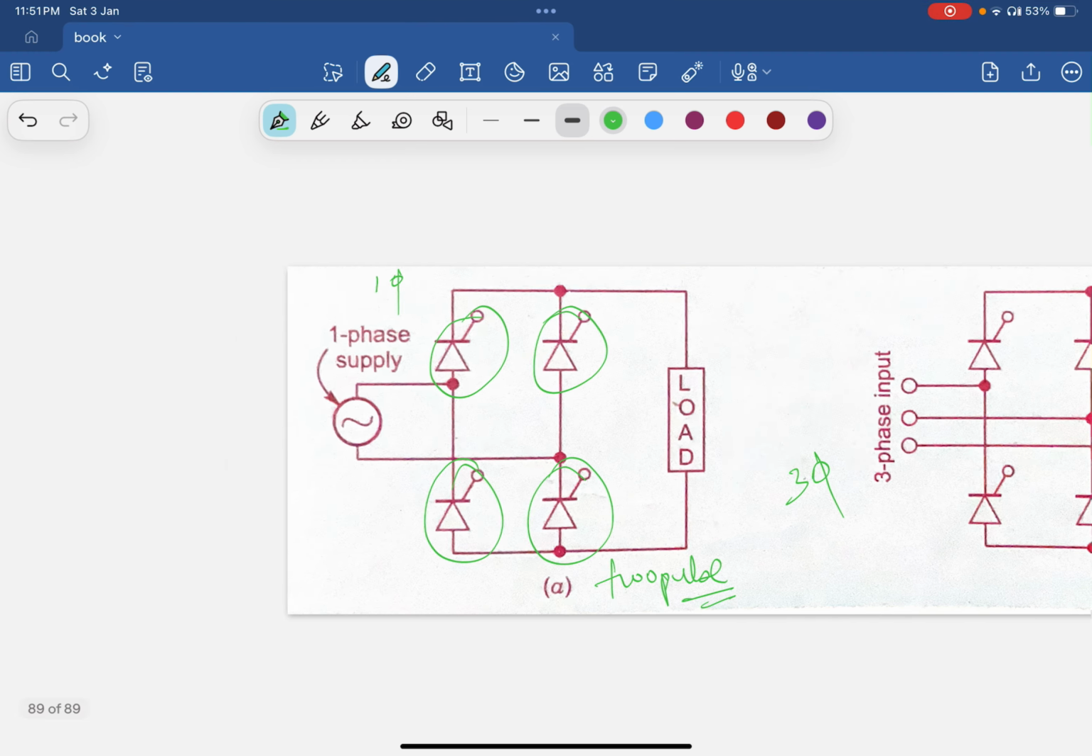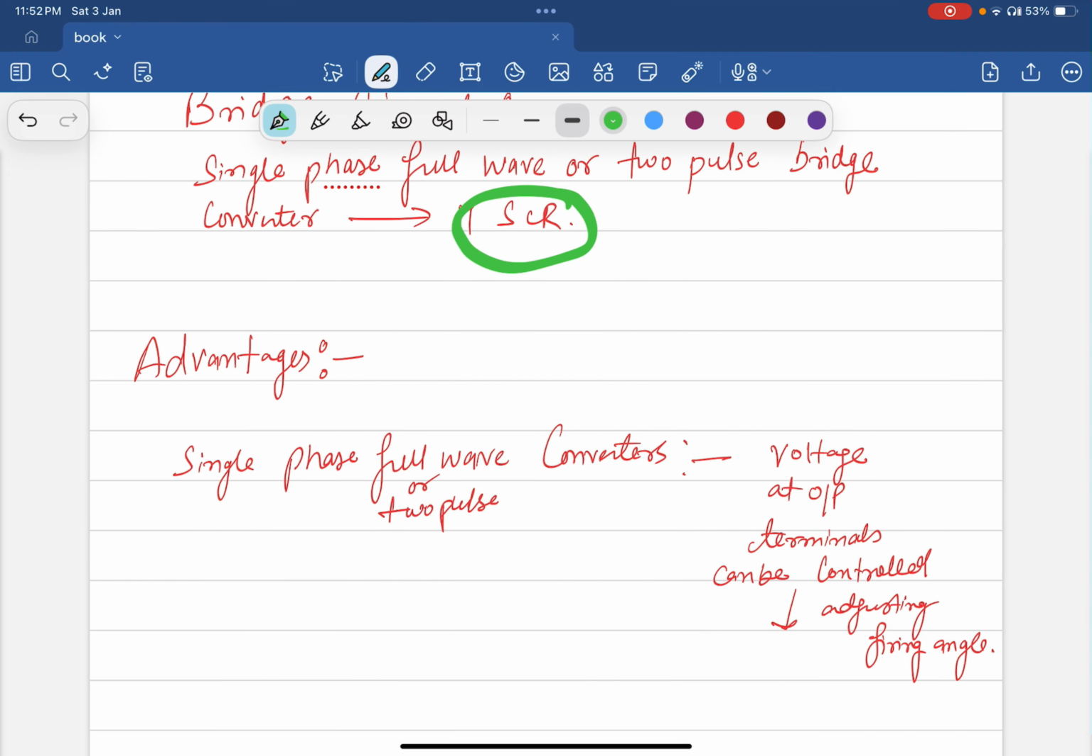If you look at the advantages here, in a single phase two pulse or full wave converter, the voltage at the output terminal can be controlled by adjusting the firing angle. So we can adjust it by controlling the firing angle, that is, after how much delay we trigger the SCR. Midpoint or bridge type circuits may be used for